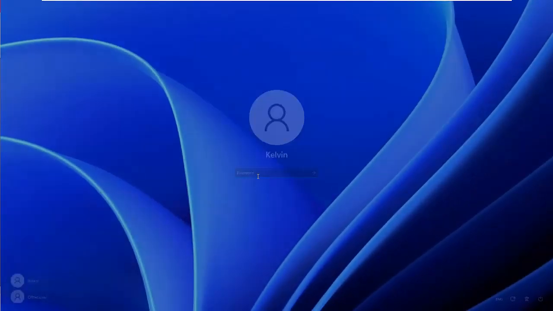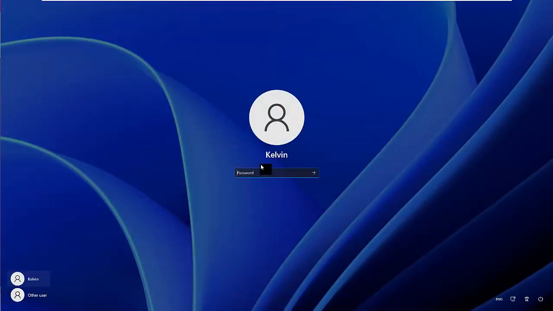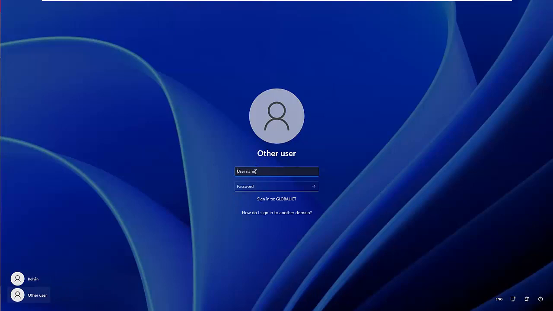So let me try to log on to my Windows server. You can see if I try to log in right now, I'll actually be logging in to my local computer. So what you need to do is, here you can see I have the option called Other User. So click Other User, and in Other User I'm going to just enter my domain name. Mind you, you should only enter a name which is actually also created in Active Directory, because you cannot just enter your local name from your Windows 11. So let me just enter Kelvin Johnson and enter my password.